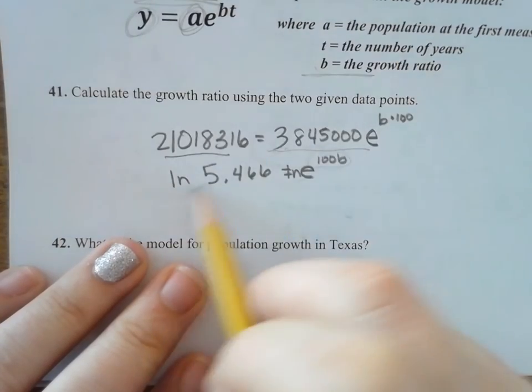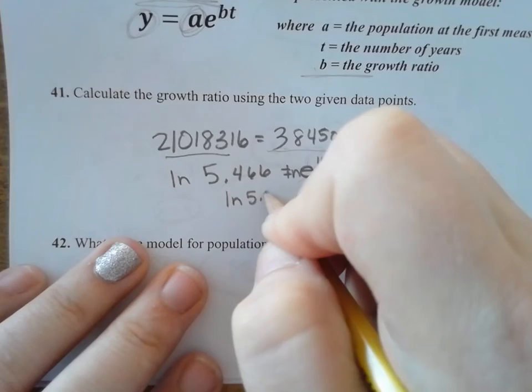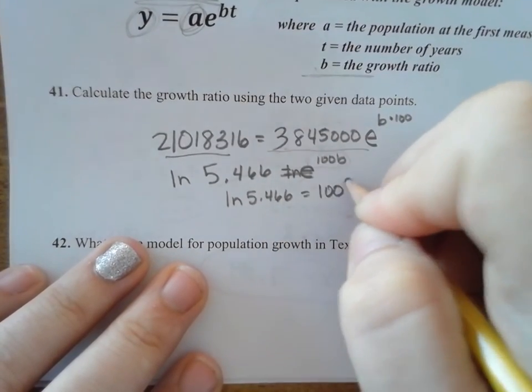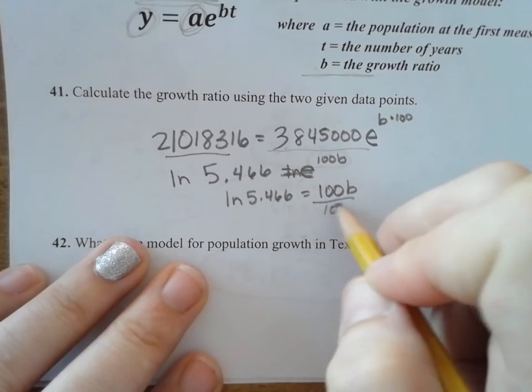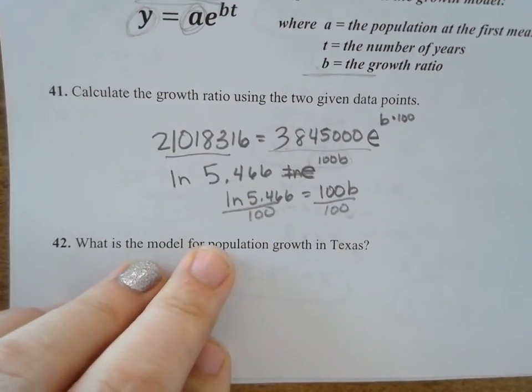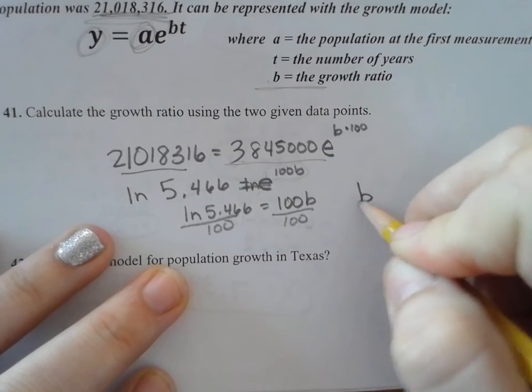That's just going to give me some decimal, so I'll leave it like that for now. That's going to cancel, leaving 100b, and then divide whatever that is by 100. So natural log of that divided by 100, I got my growth rate to be